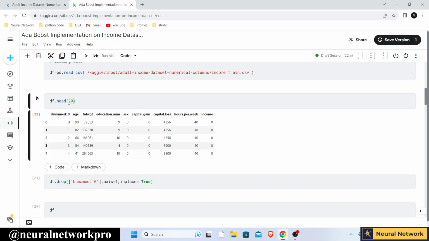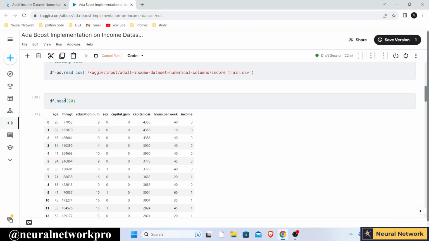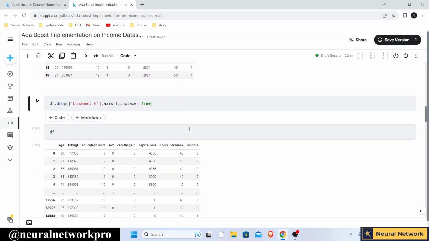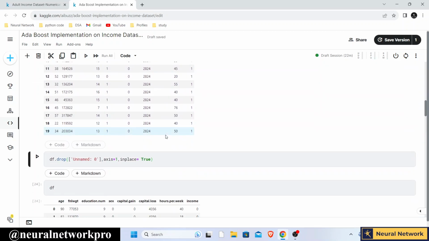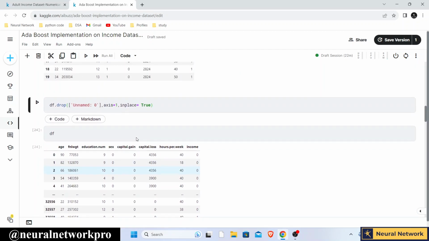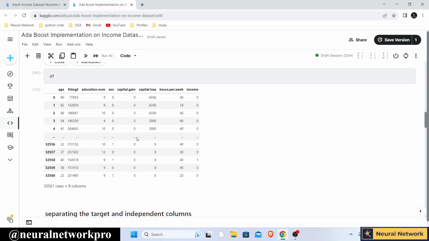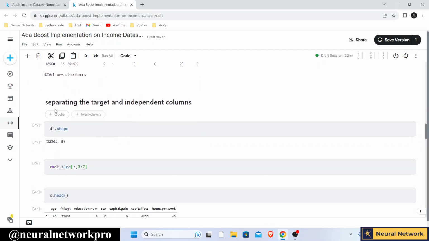So let's see. Okay, here some values are one. What I am doing is just dropping this unnecessary column. Okay, fine. This is how the data set looks, and then we separate the data set